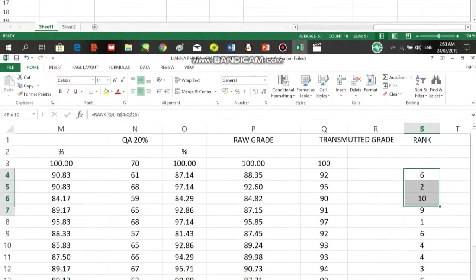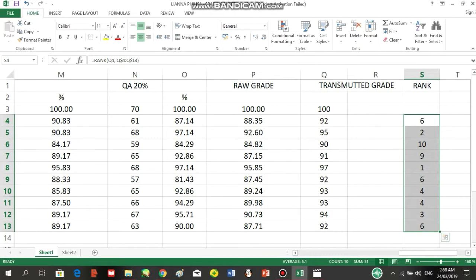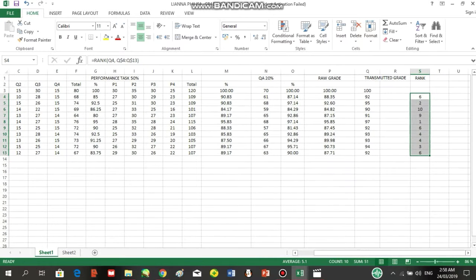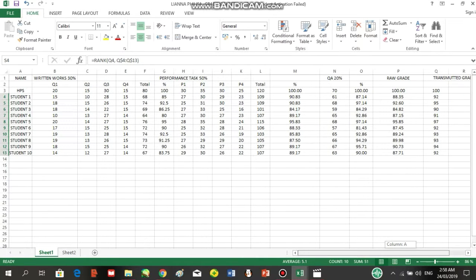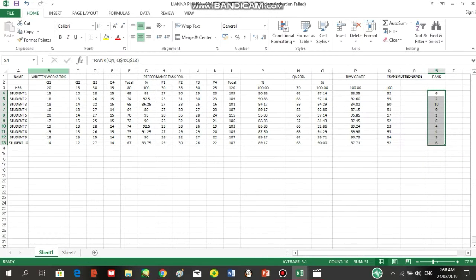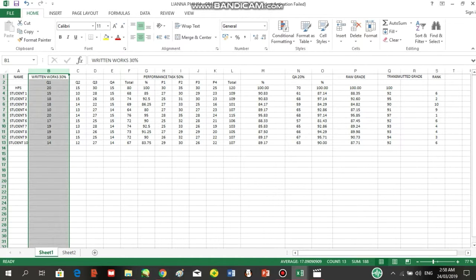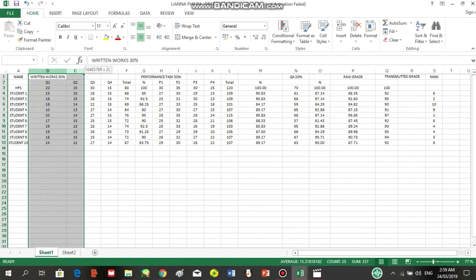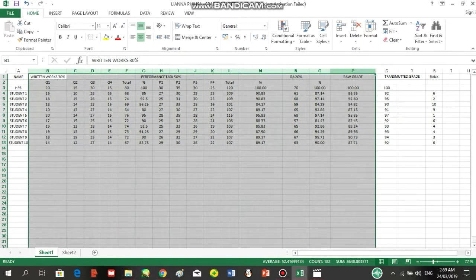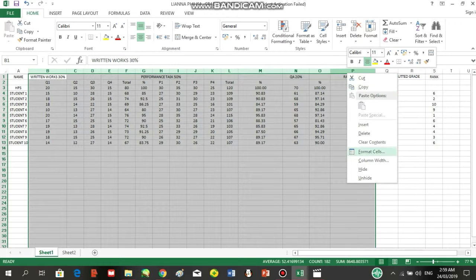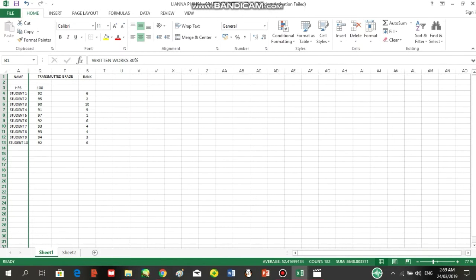So here, grades of our students, these are their ranks. Now, if we put it in this way, we're going to have a hard time. So I'll show you a shortcut how we could see the grades properly, including the ranks. Press here, and then you drag it. You drag it until P. After that, right click, and then click hide. Now you can see your grades,